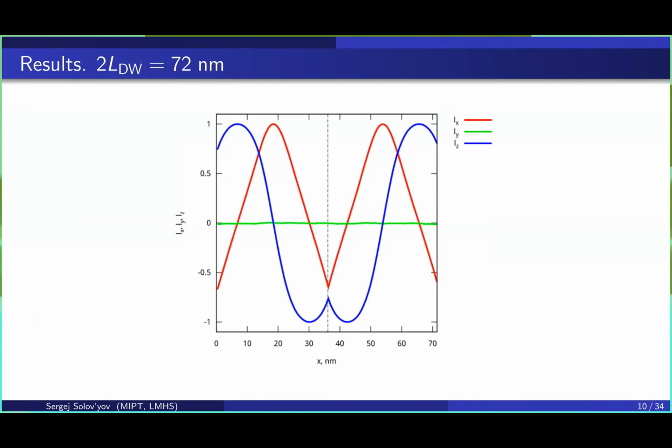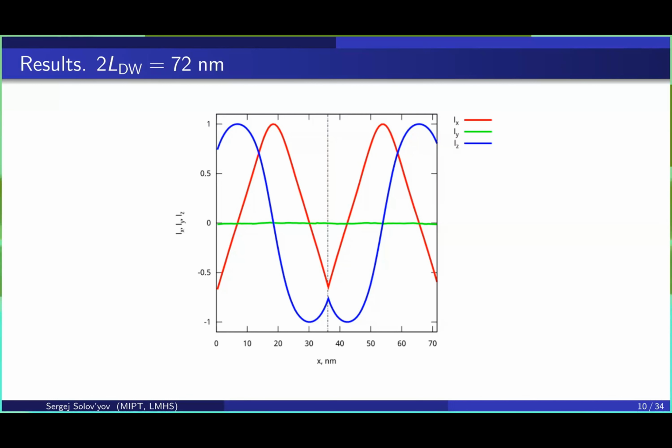What we get as a result of our calculations is a spatial dependence of the Néel vector. Here you can see the dependencies of the spatial components of this Néel vector, and we considered a case when the length of this periodic ferroelectric structure gradually increases. So we start with 72 nanometers, and at the ground state, corresponding to the minimum of the energy of our structure,